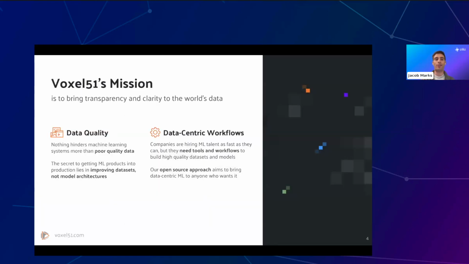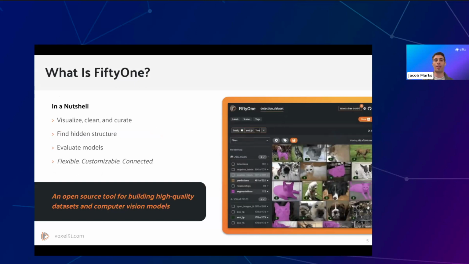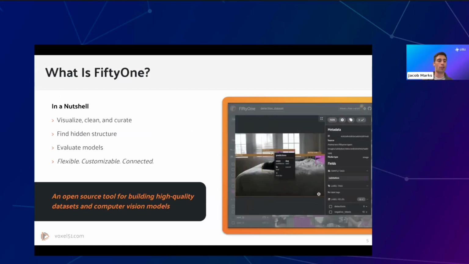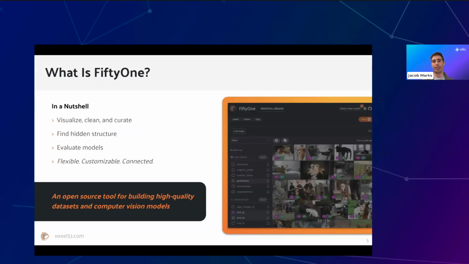Our mission is to bring transparency and clarity to the world's data. So we want to ensure data quality and to enable data-centric workflows. And we do so with FiftyOne, the open source library that, in a nutshell, allows you to visualize, clean, and curate your data, to find hidden structure, to evaluate models, and is flexible, customizable, and connected.